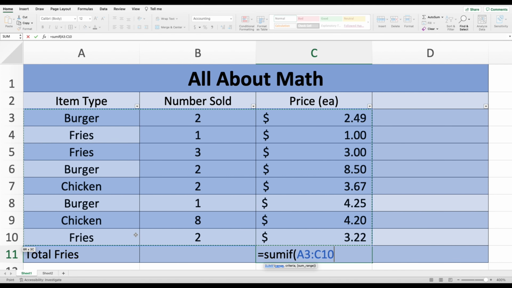And what I mean by that in this example is I want to make sure that I highlight the area that says fries in it because that's what I want Excel to count. So for my example here, what I'm highlighting ultimately is A3 all the way down to, it looks like C10. So that's the range, and once I have that selected, I can click comma, and then you'll see below that